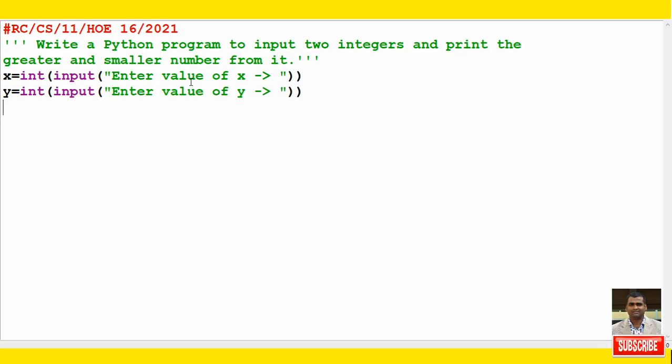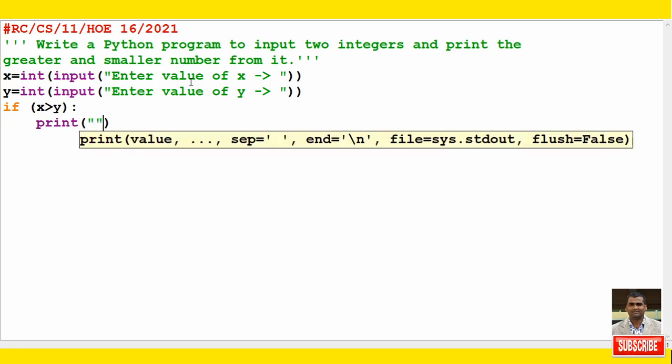Now it's time for the printout. Let us first print the biggest one, the greater one. If you remember the condition, I write: if x is greater than y. If this condition is true, then I write print with a simple message, x is greater than y. I'm not writing all the values; that we will do later.